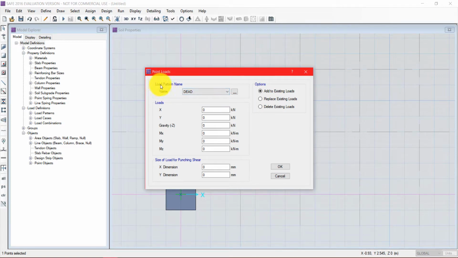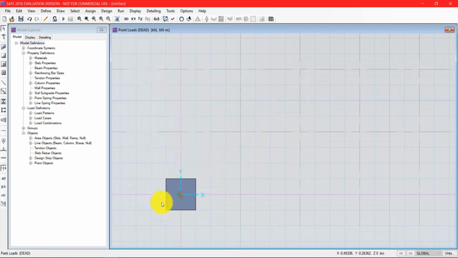The name of the load pattern will be dead load, and we'll be applying the load in the gravity Z direction. The dead load for this case will be 1850 kilonewtons, and the dimension will be 500 and 500 in both these columns. The option will be add to existing load. Press OK. So dead load is defined.